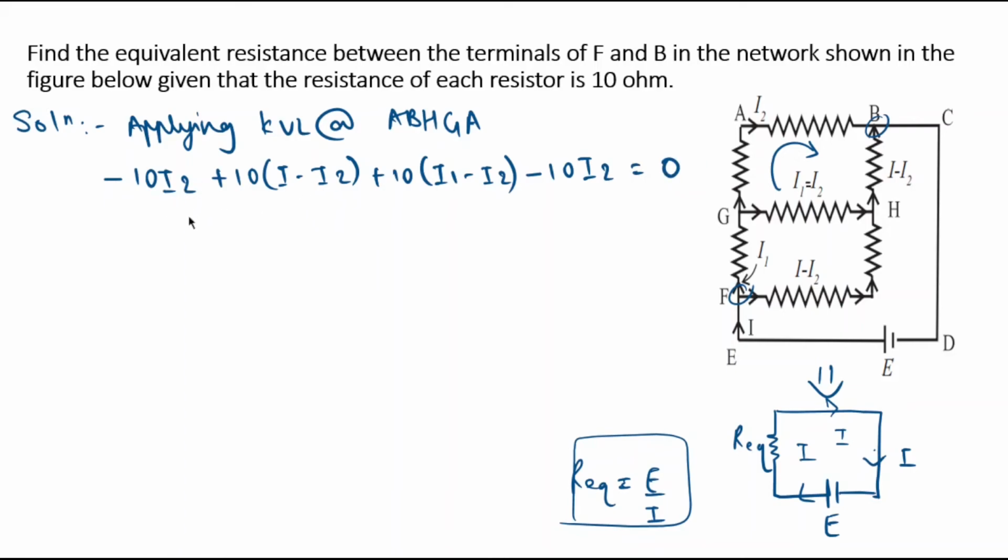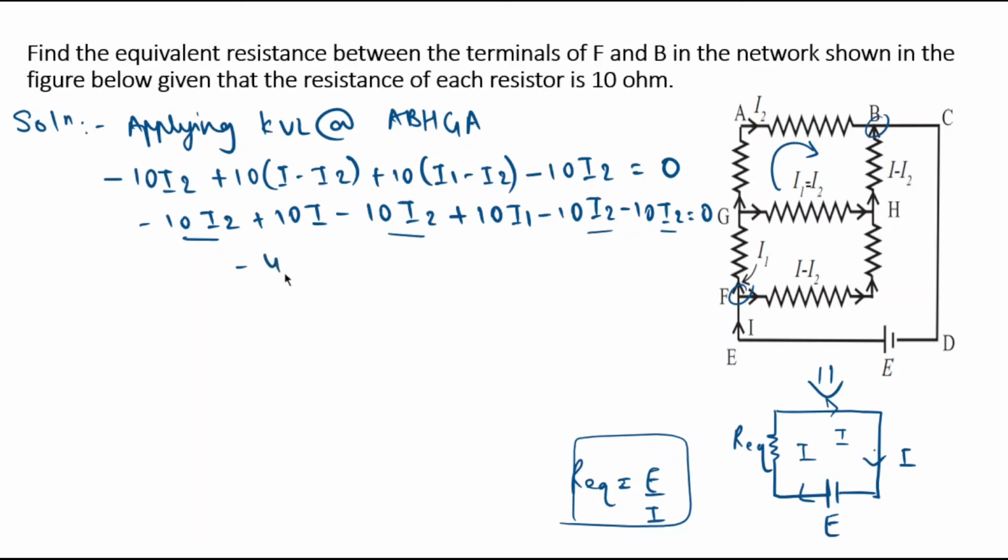So opening the bracket and solving, you will get minus 10 I2 plus 10 I minus 10 I2 plus 10 I1 minus 10 I2 minus 10 I2 equal to 0. Solving this, you will get eventually minus 40 I2 plus 10 I plus 10 I1